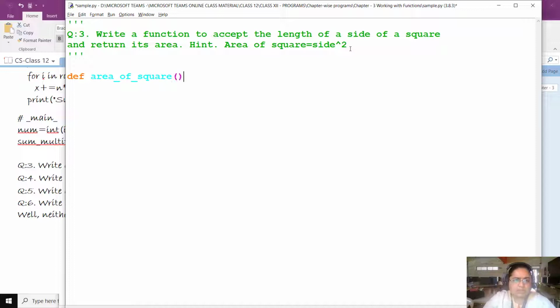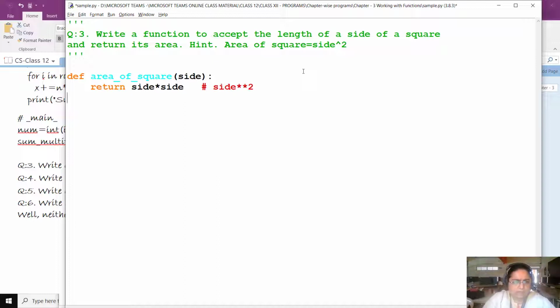I've just given a name to it, and this function has to accept the length of the side of a square, so let us take this as side, and what it returns is its area. The formula is also given, that is side squared, which we already know. So we will simply write return side into side, or alternatively side raised to the power 2. It's up to us.